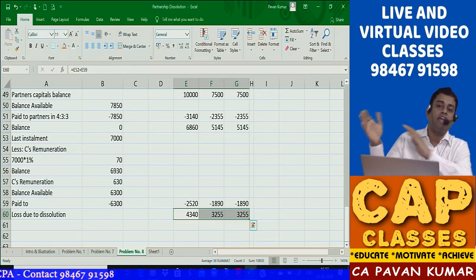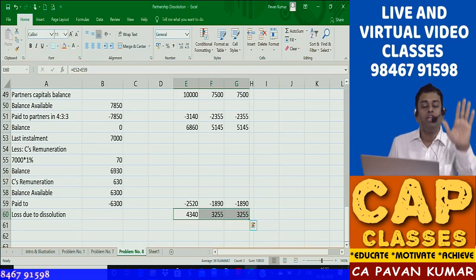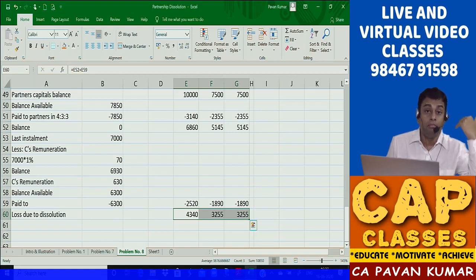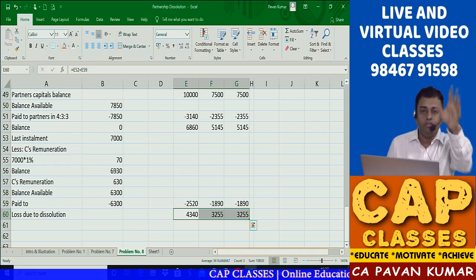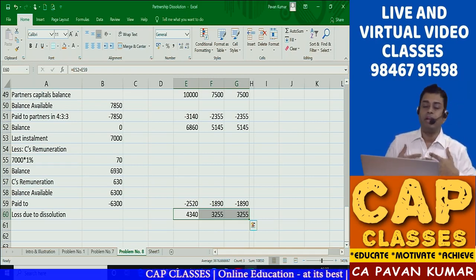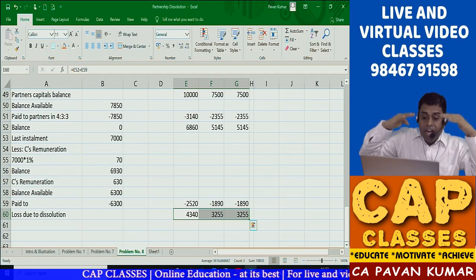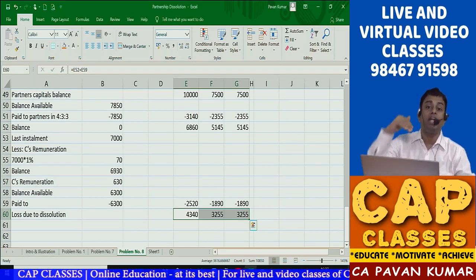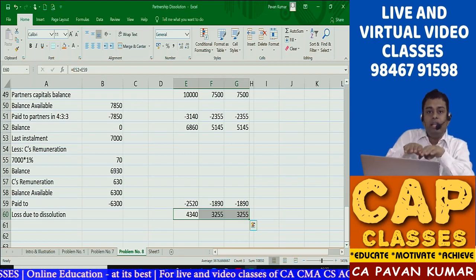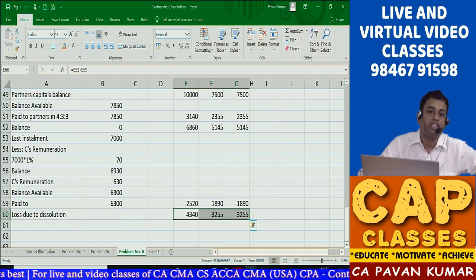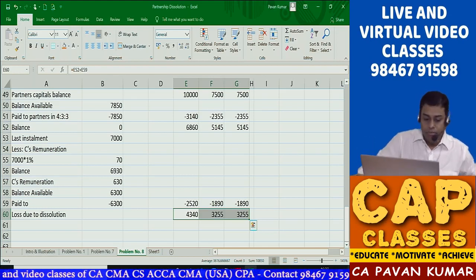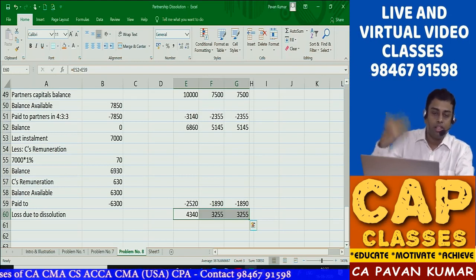So the highest relative capital method is saying, Pawan, don't worry, you are the guy who contributed the most to the firm. You will be paid first. Your sacrifices, your contributions are not forgotten. We respect you. We give money to you first. When I take that money, I am happy. So you try to bring down the excess capital of the partners who contributed more money. Then you bring them equivalent to the others. Then you distribute money in their profit sharing ratio. That's it. You understand? I hope this is very simple now. Is this clear? So shall we go to the next question?